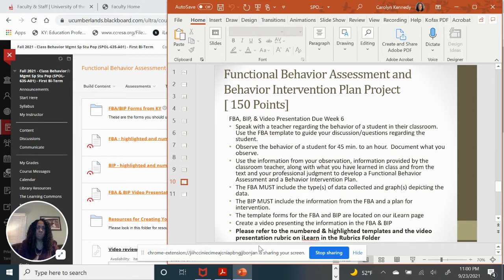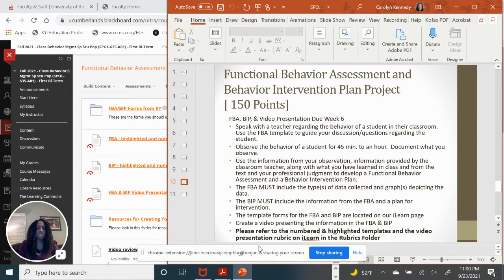Once you've done that, then you would make arrangements to come in and observe the child, much like you did on your data collection project. So you would observe this child one time. And that's another thing. In the real world, we would never, or at least should never, base an FBA off of one observation. As I've mentioned in class before,